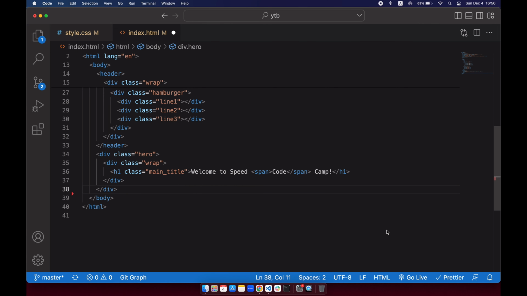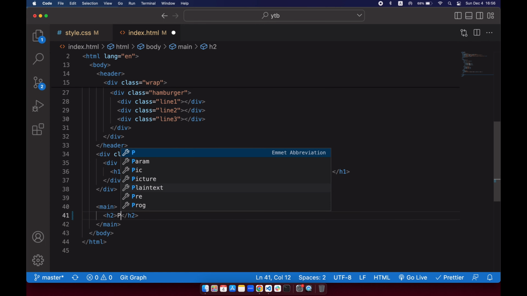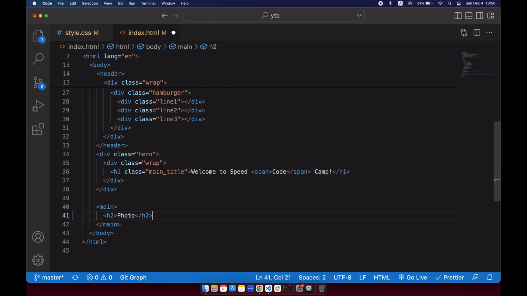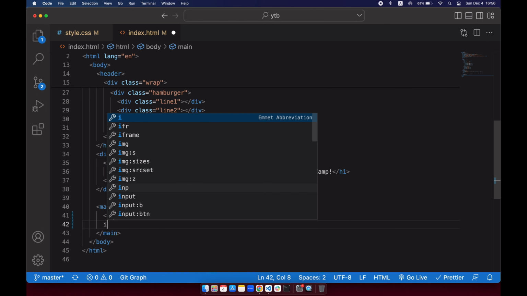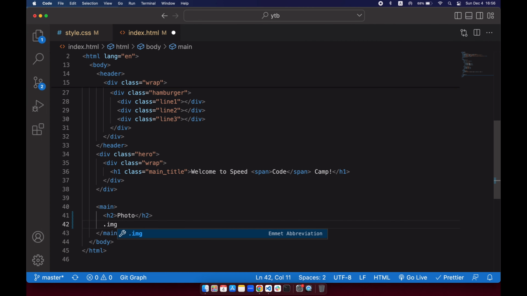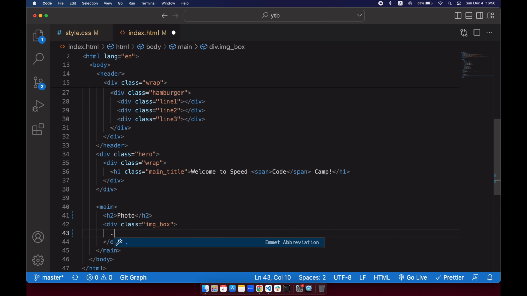Okay, so what we want to do is come down here and add a main section, and I want to have some kind of a title. So we'll add H2 and I'll put photo. Okay. And inside this main, I want to have a big container. So I'll name it IMG box. Okay. And inside this box, I'll add a picture